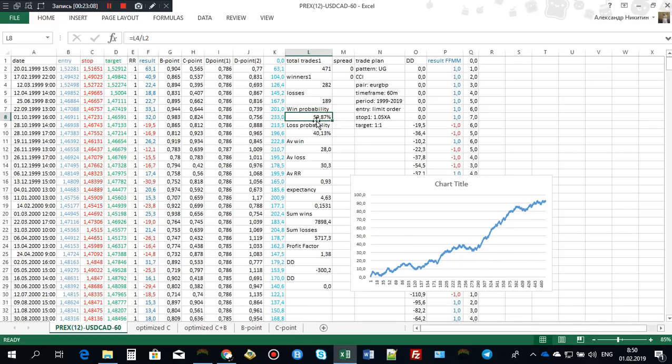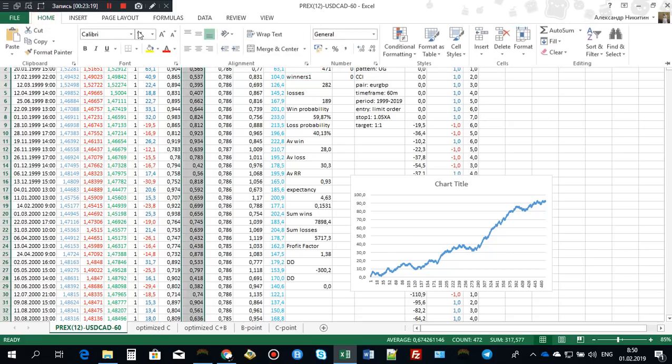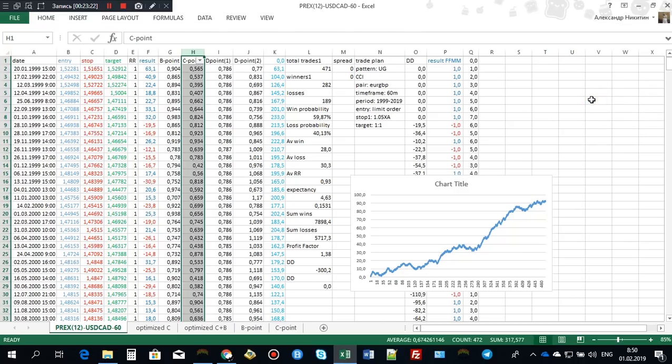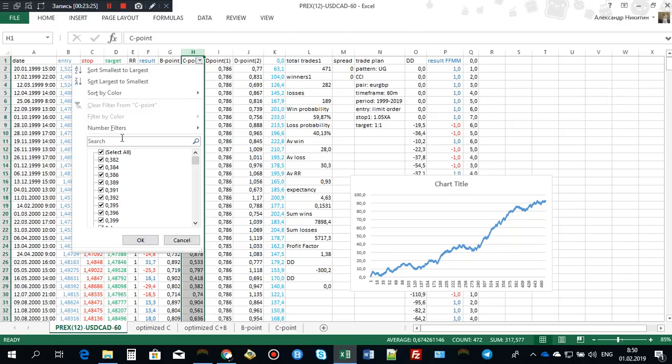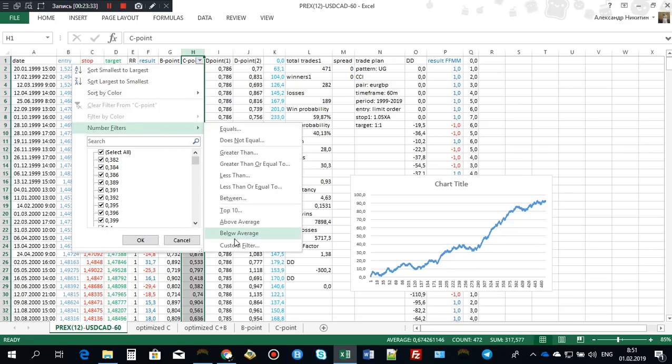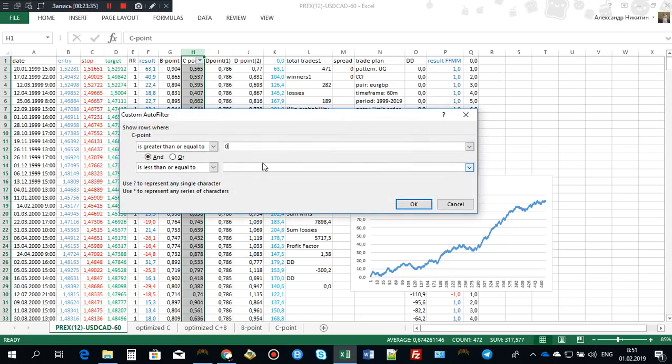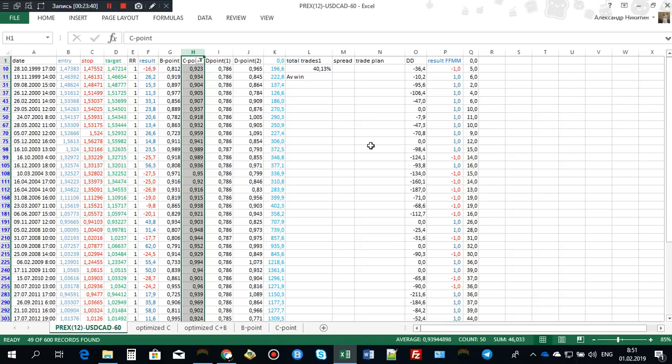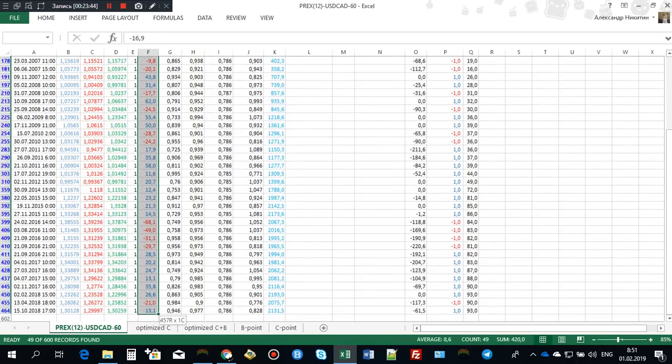Yes, by itself the naked pattern is 59% accurate. And if you do the optimization, so we have 471 trades to optimize the C point, and you say, okay, show me only the patterns that have this C point range between 0.9 and 1. So this is nice for demonstration, and then you choose these results, all the results, and you do the calculation